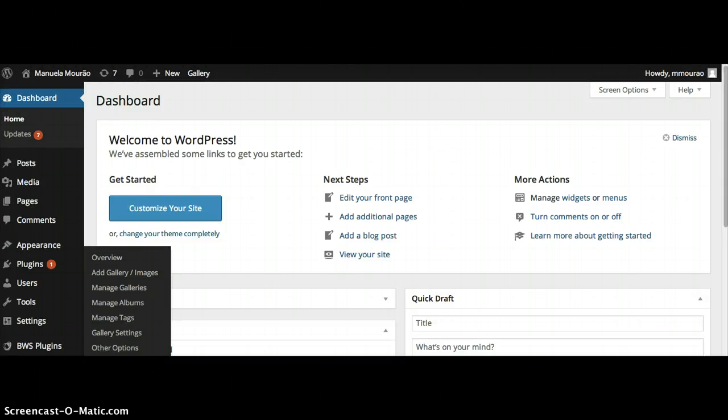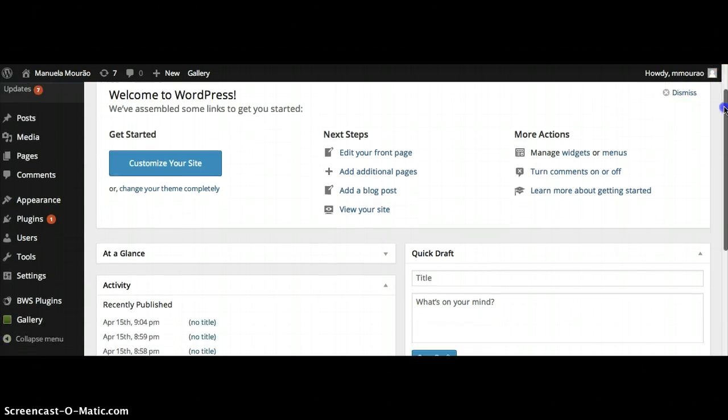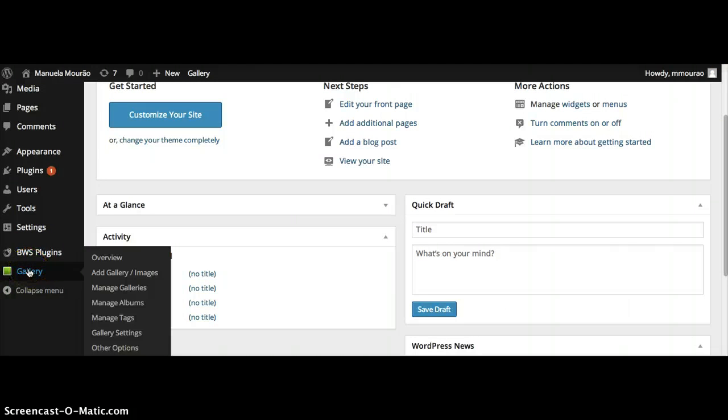I also thought I might make a quick video on how to work with the gallery plugin, since obviously that will be a significant part of your website. It is a new plugin to me, so I might stumble through this video just a little bit, but that's, I think, okay. So again, in your dashboard, when you go down to the left side, you'll see gallery with